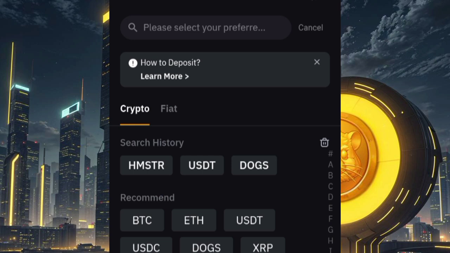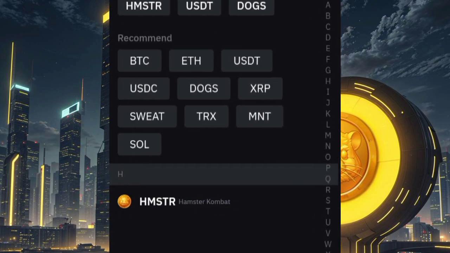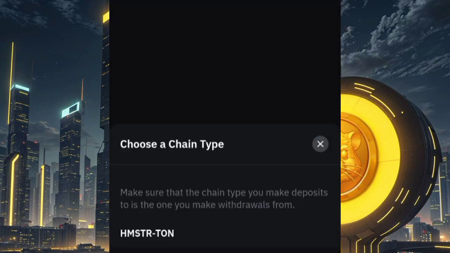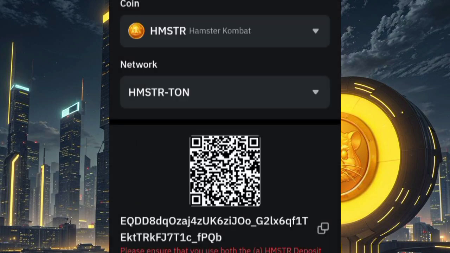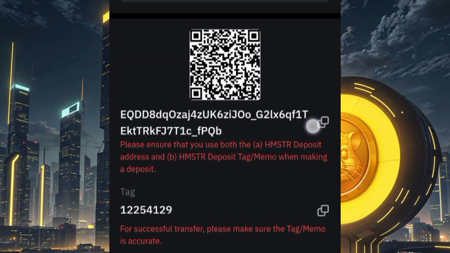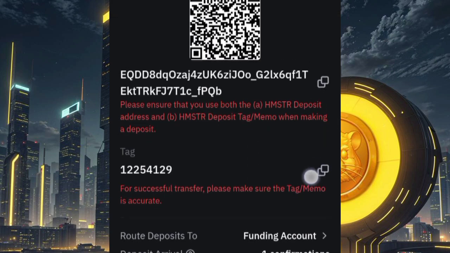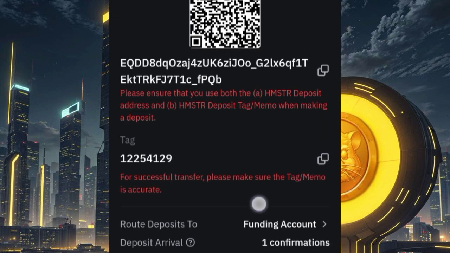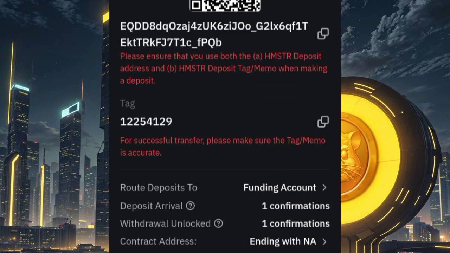Then in the search bar you search for Hamster, HMSTR, search for it. So this is the Hamster token. You click on the Hamster, then you select TON, Hamster TON, you click on OK. So this is the deposit address. You copy it, then you see the memo or the tag, you copy the tag too as the memo. Then with your BYBIT UID,